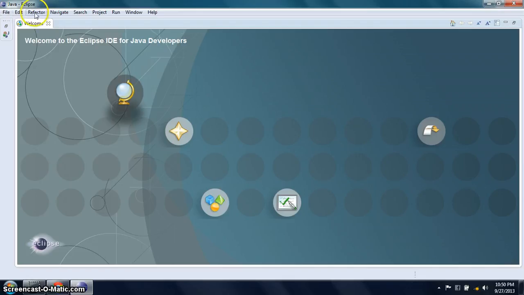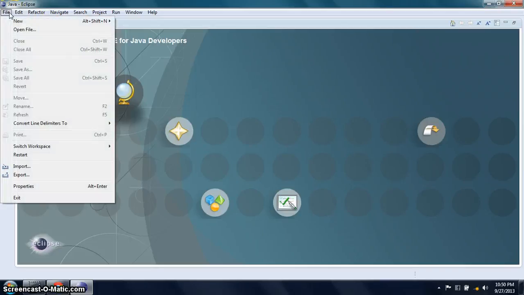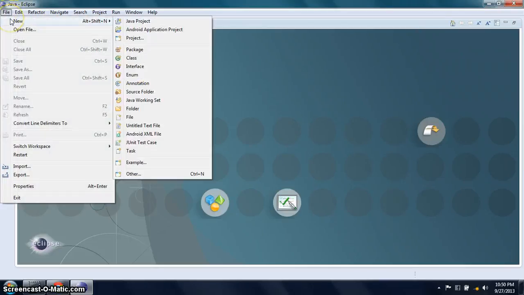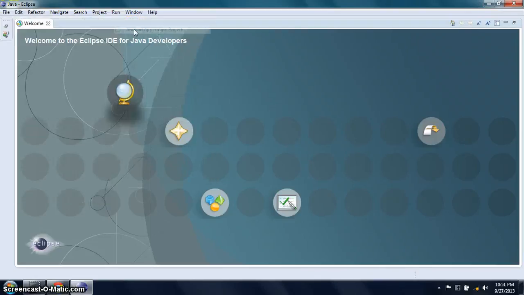Once the Java Eclipse launches, you can now go to File, select New, then Android Application Project.